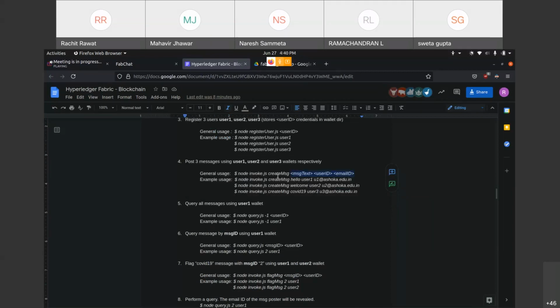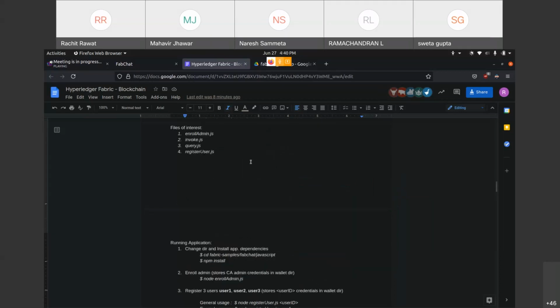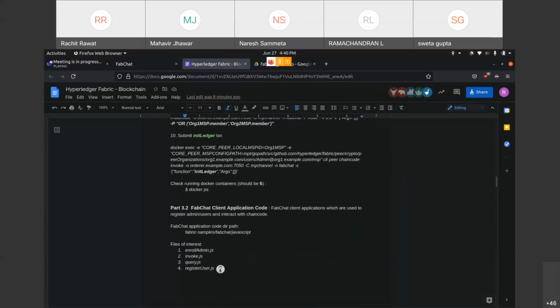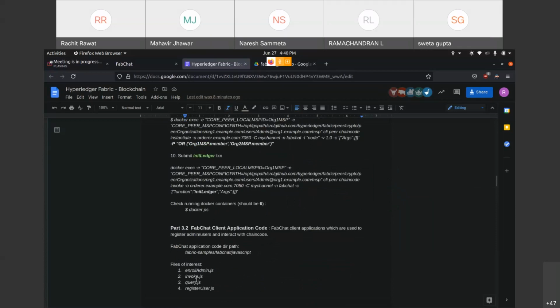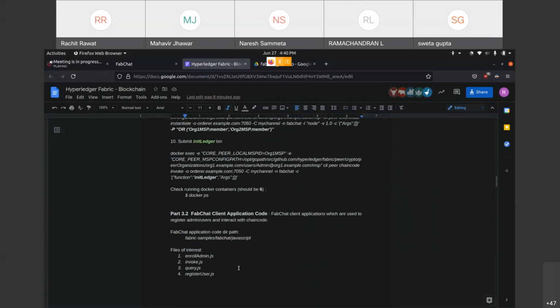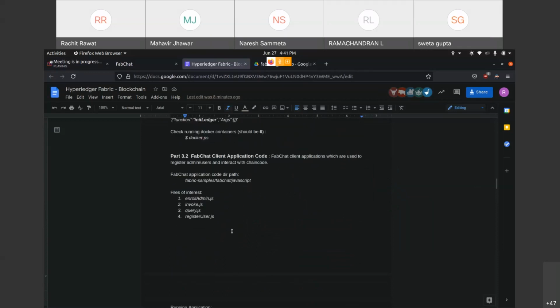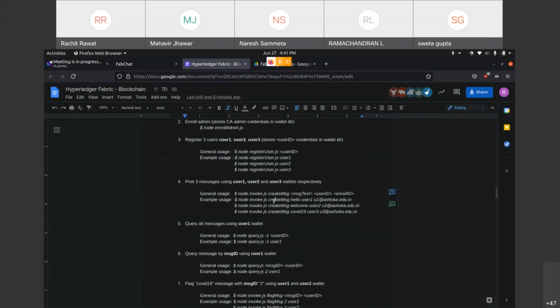Yeah, you will have to modify the files that I have put here. Yeah, basic network files, all the files I have. I mean, if you want to change the network configuration, then you'll have to modify the basic network. Okay. So you have to change these files according to your needs.